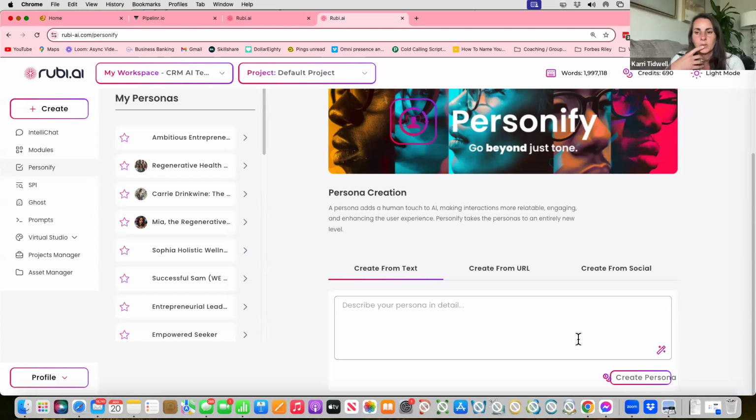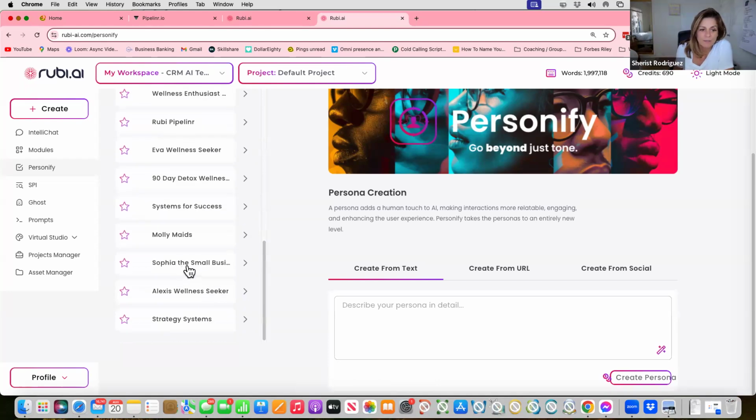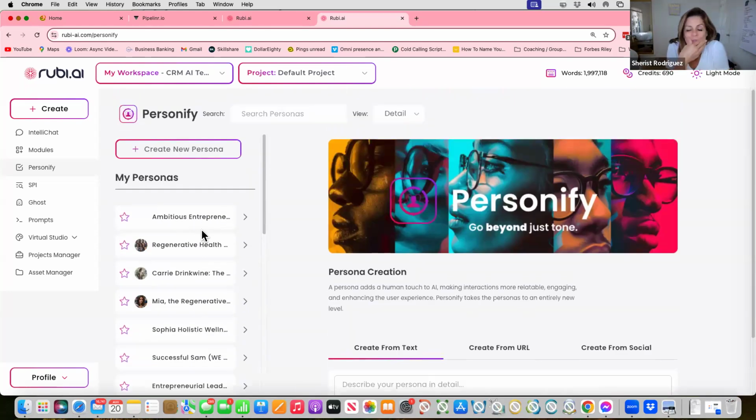Yeah. Should I edit the persona? I already did. You can do that anytime. Okay. So I could just add to that persona. Absolutely. I would suggest that every couple of months you go in and edit it, make sure that it's still on target, because you change, your business changes, your clients change. You can have multiple personas too. Yeah. I have a whole bunch, and I got to go back into some of the old ones and look, but yeah. Okay. Yeah. That's really helpful. Yeah. I love the persona.